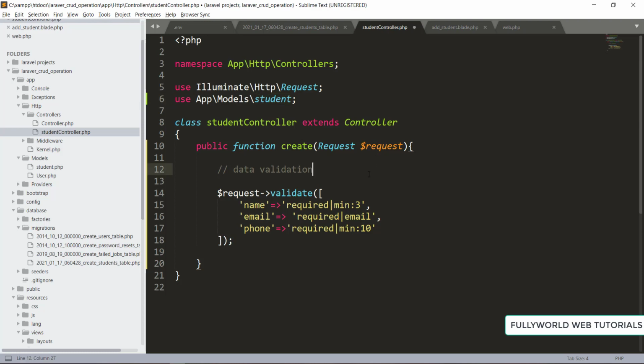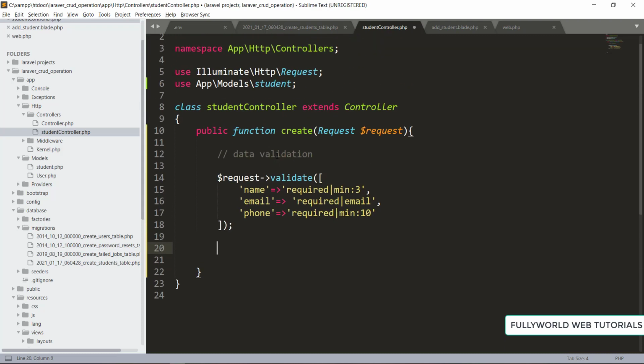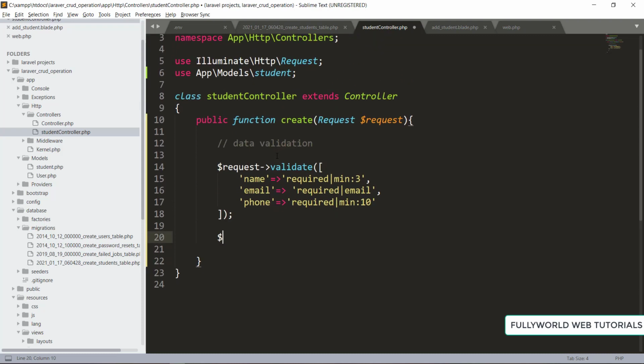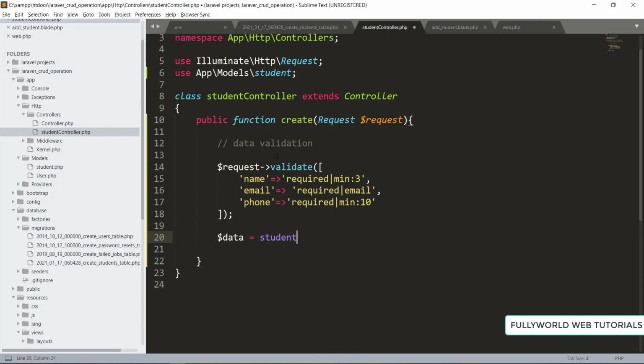Now let's work with this. Now we have to add the data here. So here will be data is equal to, and then we will use our student class, and then we are going to use insert here, or you can use create also.